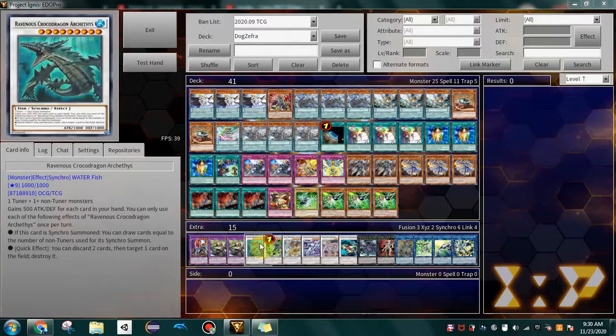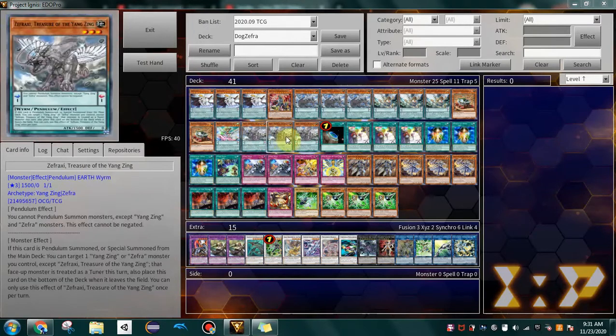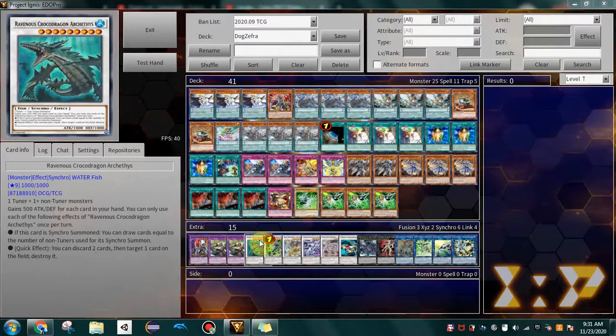The 1 copy of Ravenous Conquer Dragon Arctis. This comes up in your Calamities combo. You can easily make it if you're able to Pendulum summon both Zefroxy and your Zefranyu. Zefroxy turns one of them into a tuner, and then you Synchro summon into a Crocker Dragon, and Crocker Dragon